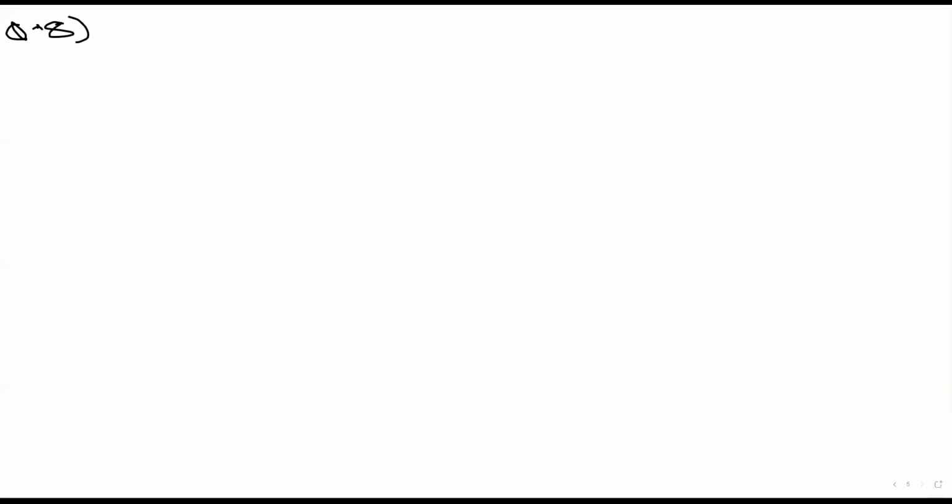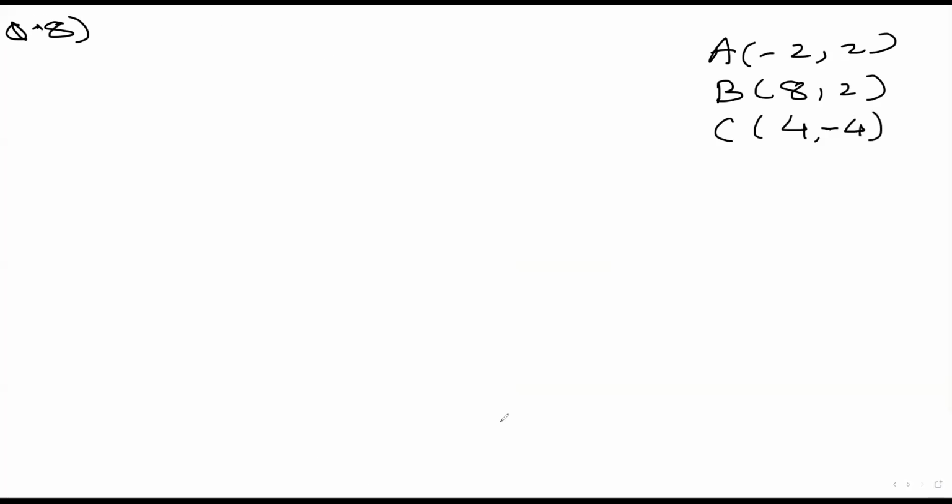All right. So let us draw. Let us write the points: A is 2 comma 2. Right. What is B? Sir, A is minus 2 comma 2. Yeah, minus 2 comma 2. And C is 4 comma minus 4. Is that correct? Okay. Now if you observe, this lies in the second quadrant, this lies in the first quadrant, this lies in the third quadrant. Sir, C lies in the fourth quadrant. Yeah, C lies in the fourth quadrant, A lies in the second, B lies in the first.